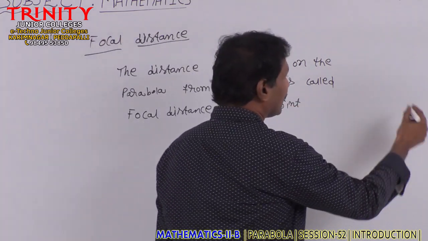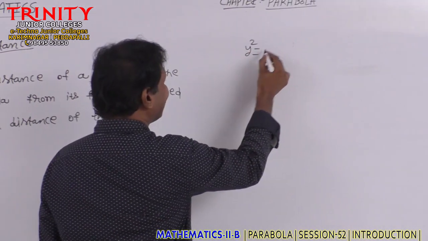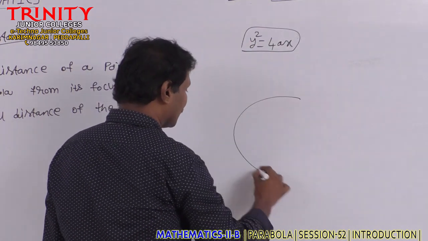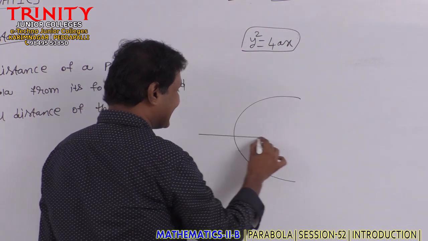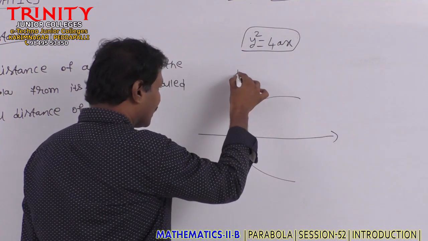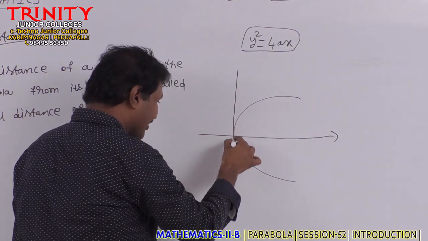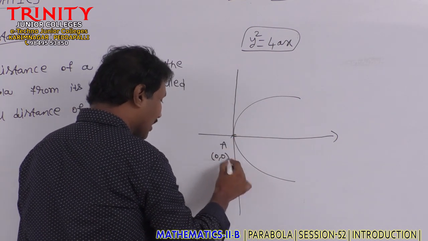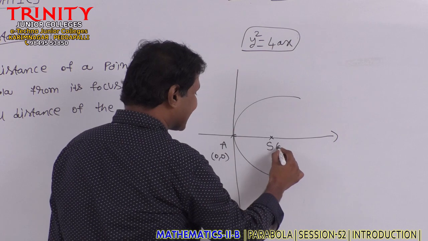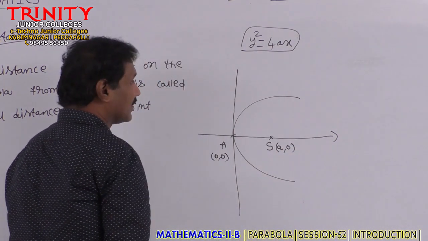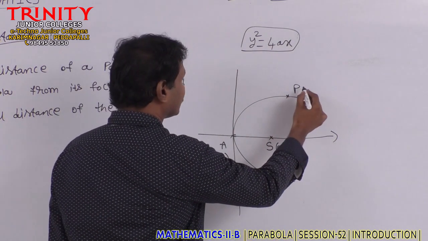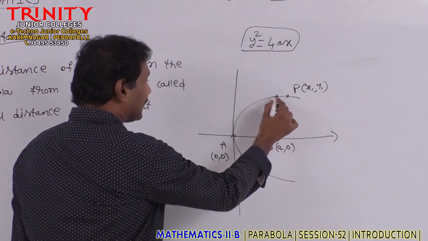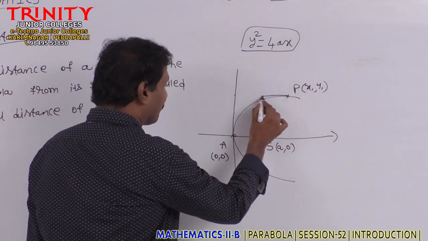Suppose the equation of the parabola is y square equal to 4ax. The parabola looks like this. This is the axis of the parabola. This is the equation of the tangent at the vertex. This is the vertex point A, that is (0, 0). This is the focus S (a, 0). Let there be a point P, suppose P is (x1, y1). M is the projection of P